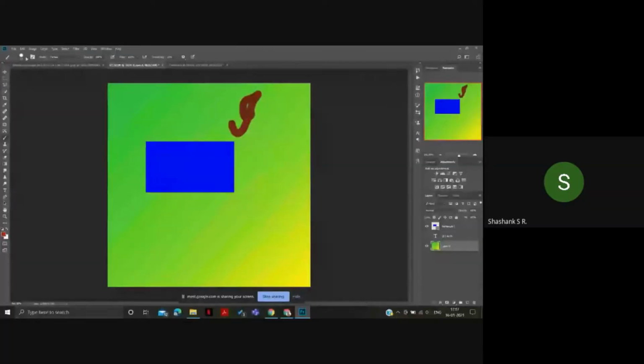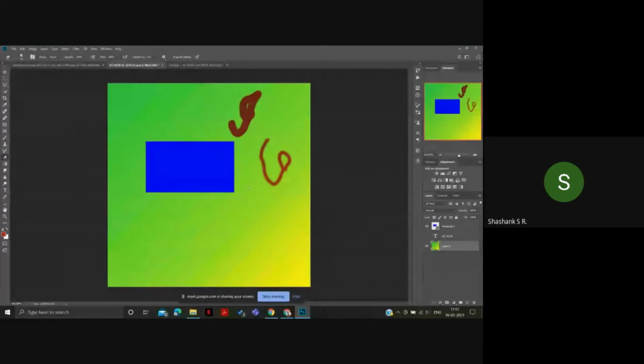Also, you can increase the brush size over here, at the top left. You can reduce the size, and hardness also you can increase or decrease. And even the types of brushes are here, soft round, hard round, etc. Click on enter and then just draw it. You can draw whatever you want. And then this is the eraser tool. If you want to erase, you can use this tool and then erase.